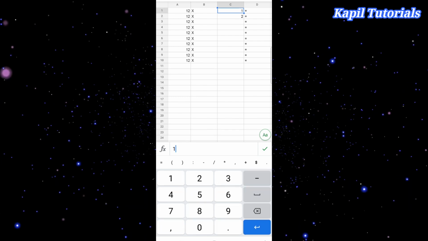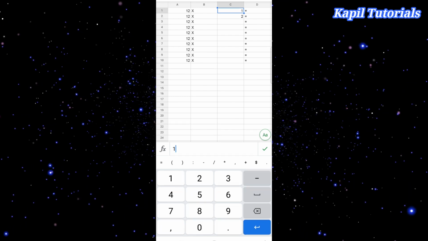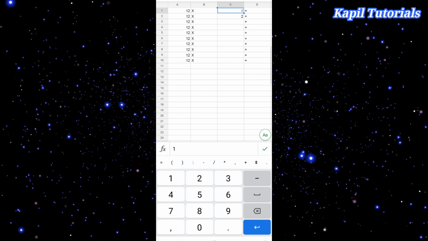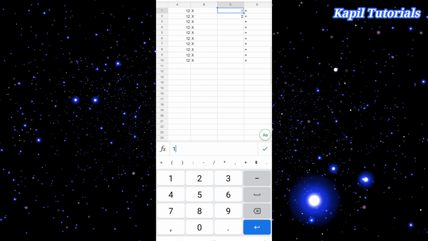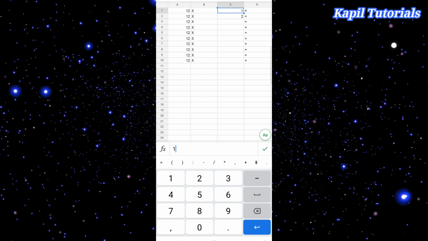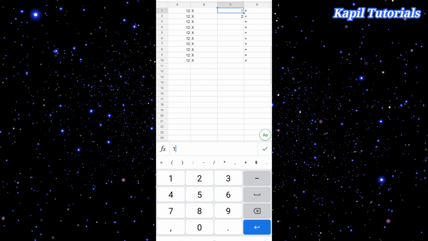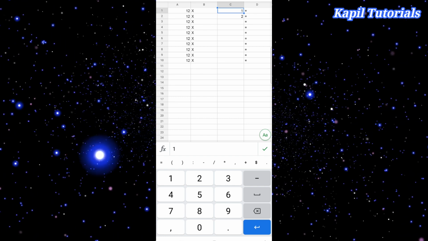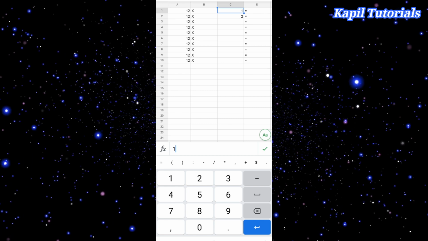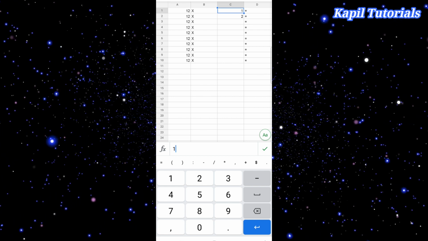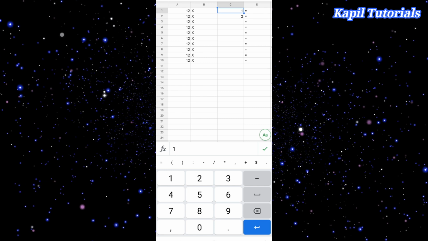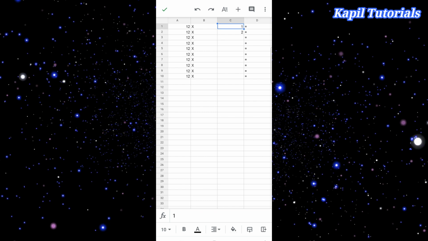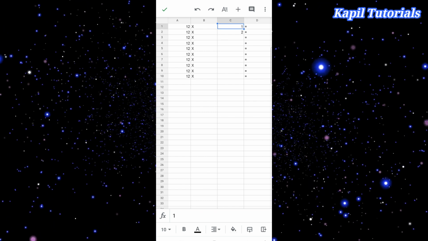Now there is one handle in Excel which allows me to copy the series. Suppose I copy one, it will copy the same 1 1 1 everywhere. Like earlier I copied 12 or x is equal to, but I want it to copy 1 2 3 4 5 6 in that way. So how can I do it? Now I have written 1 and 2.